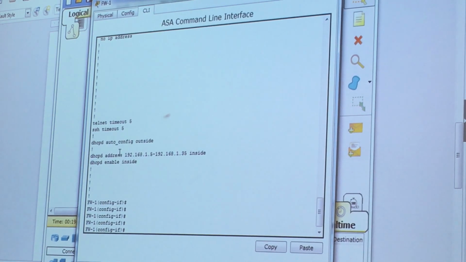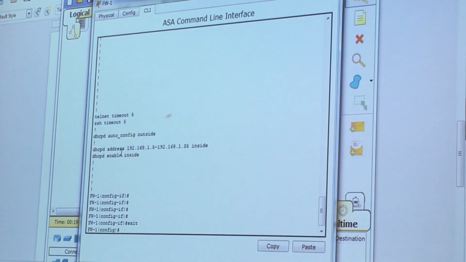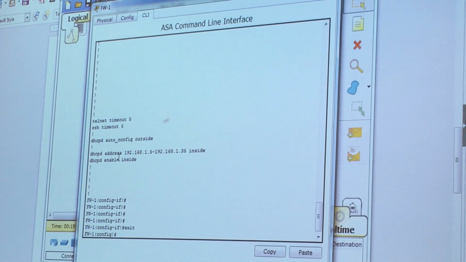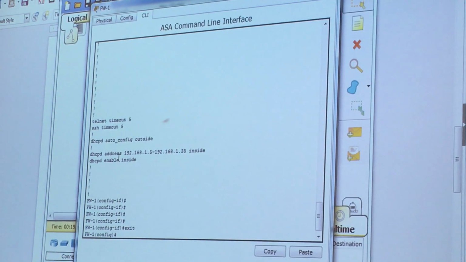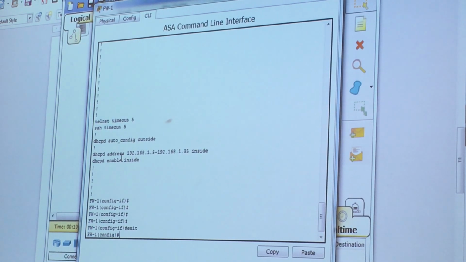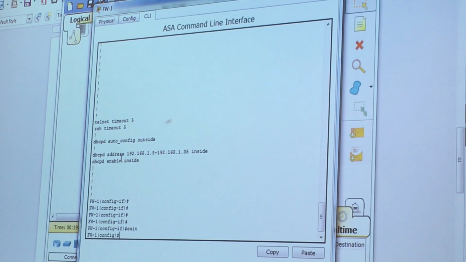Alright? I go back to global configuration mode by typing exit. And to take a command out of the configuration, I have to preempt that command with no. So I'm going to take out the DHCP address